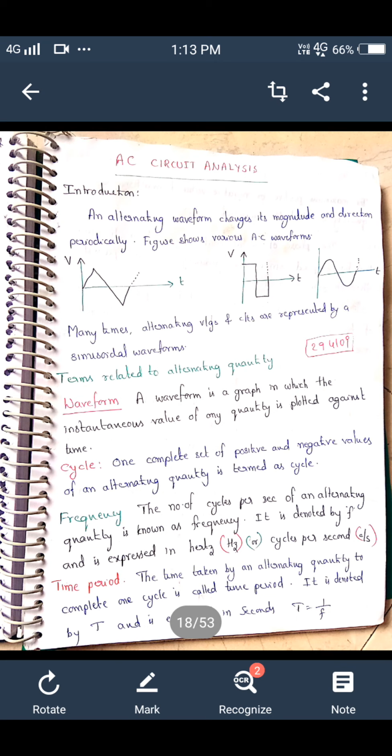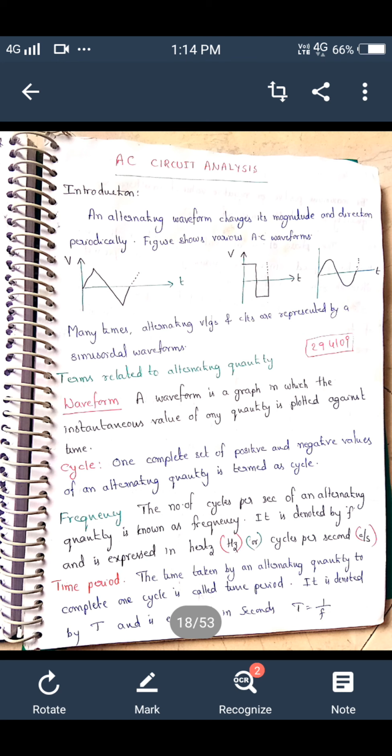In a DC signal, which we studied, current always flows from positive to negative in only one direction. Here, in an AC signal, current will flow in two directions. So before studying AC signals, let us discuss some basic definitions to understand AC